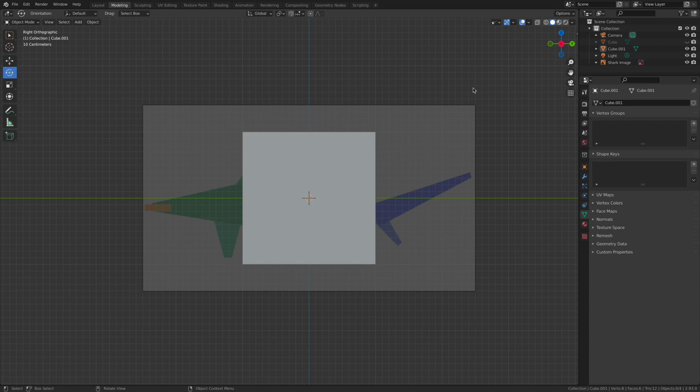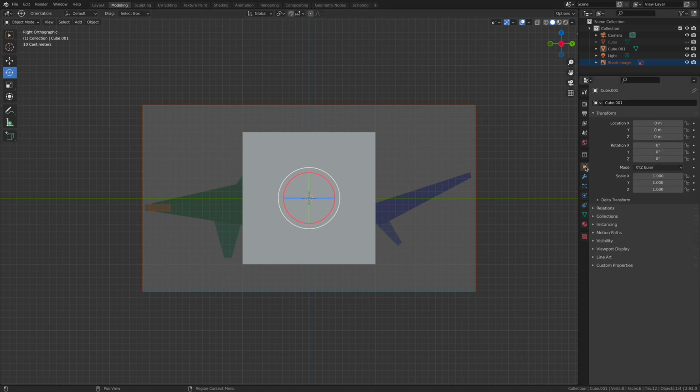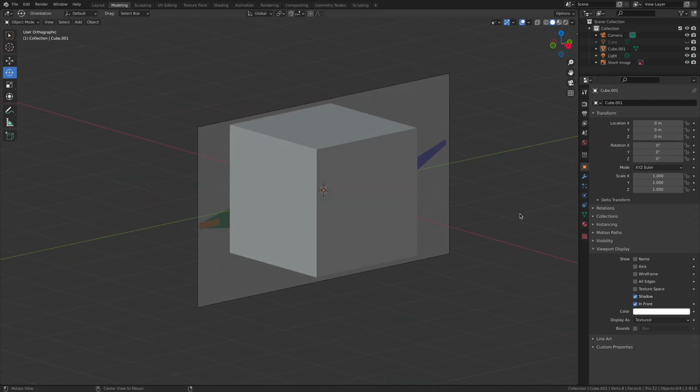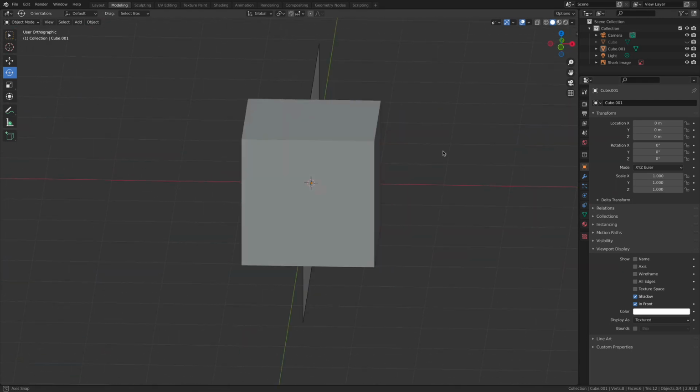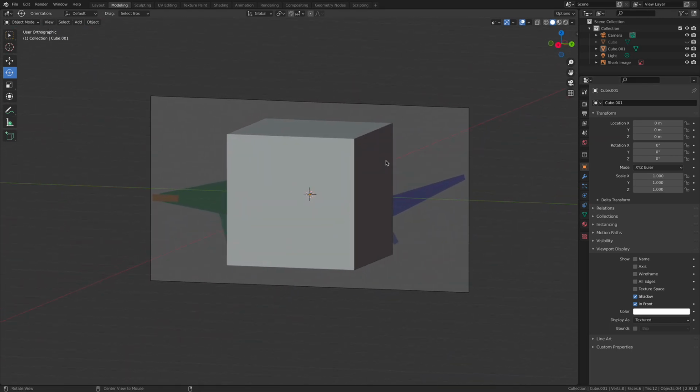Well, luckily for us, there's one final change that we can make to the reference image, and that involves going back into the item properties, this gold cube. And specifically, we need to go into visibility. I had it wrong. It is in the viewport display properties, and we need to enable in front. Now, why didn't that turn on? It should have turned on. Yeah, it should have turned on. Let's do it again. It is doing it, but we're not seeing exactly what I want.